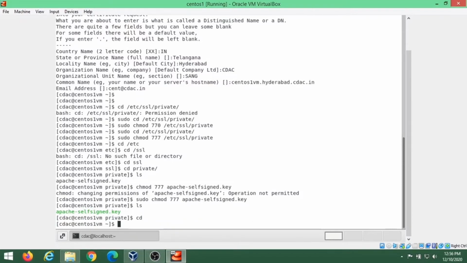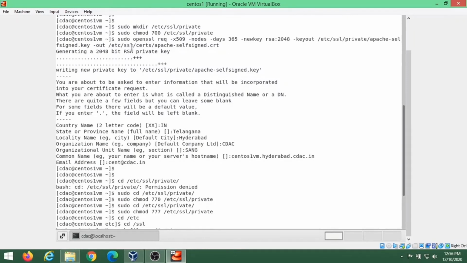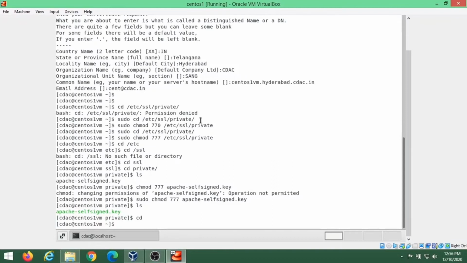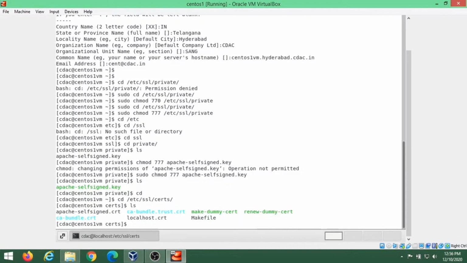We will come out of it and we will check for the cert. Cert is nothing but certificate signing request. We'll go into the path /etc/ssl/certs. And we can see here our Apache self-signed cert is here. We will give file access permission to it.